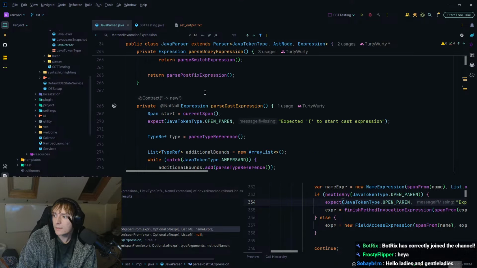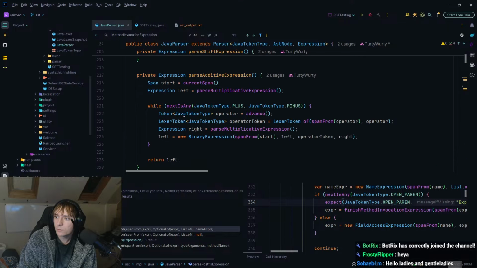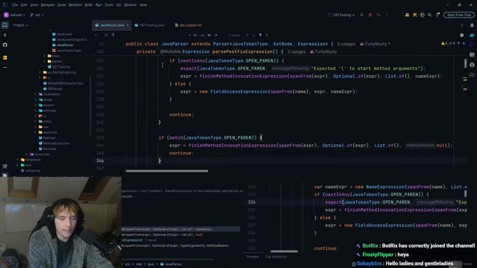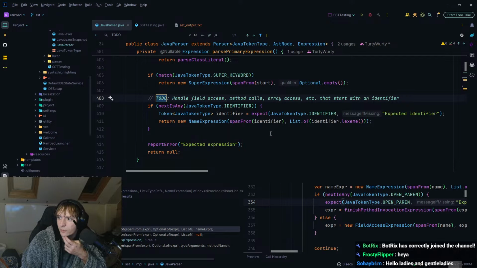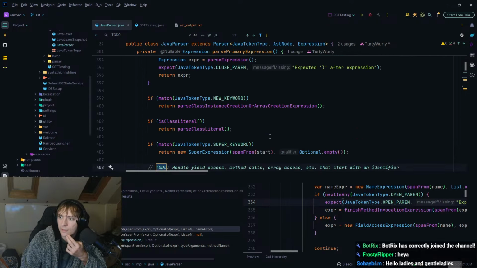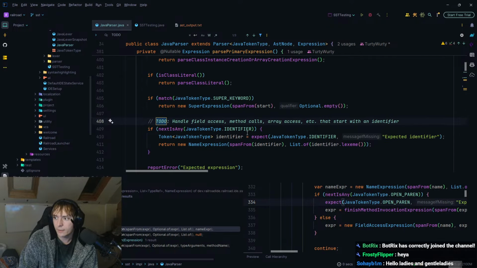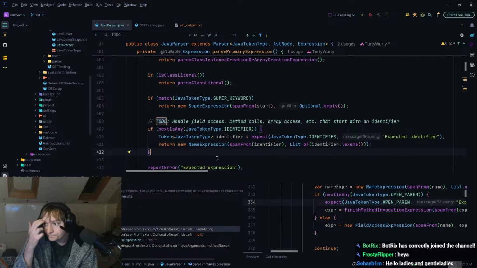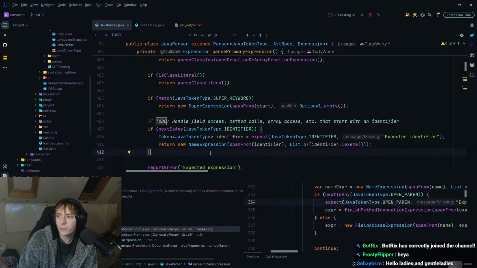So I think what we need to do is look at where name is being created. I think we actually have a to-do for this, don't we? Yes, so this is just a primary expression. Okay. So in here, we need to be able to handle field accesses, method calls, array access, and anything else basically that starts with an identifier.